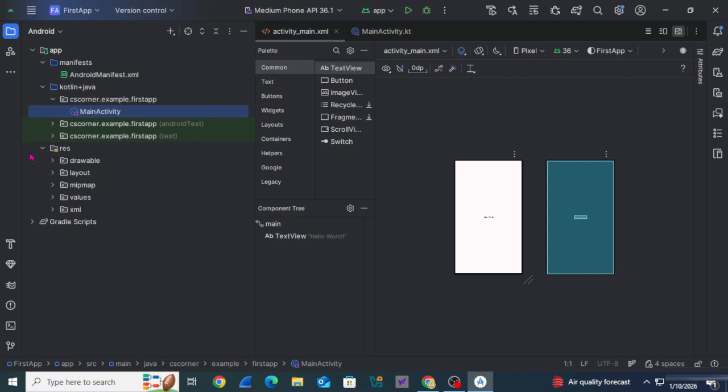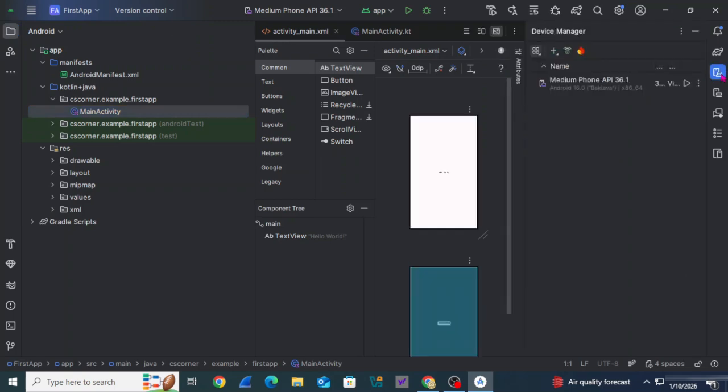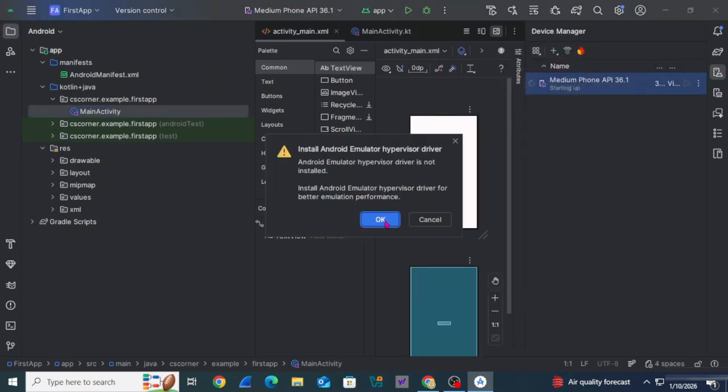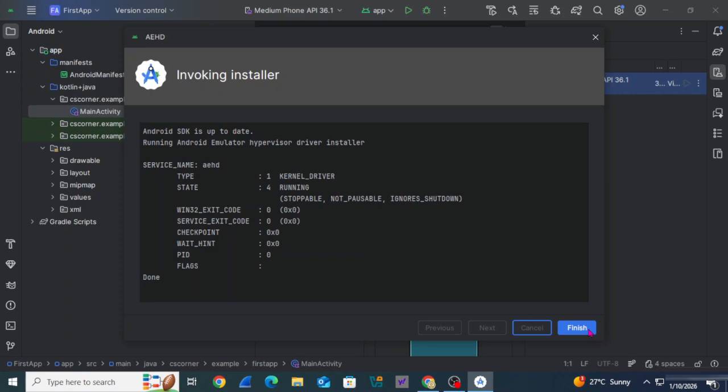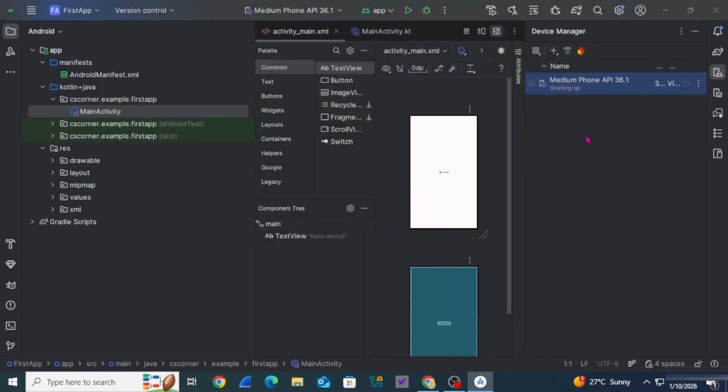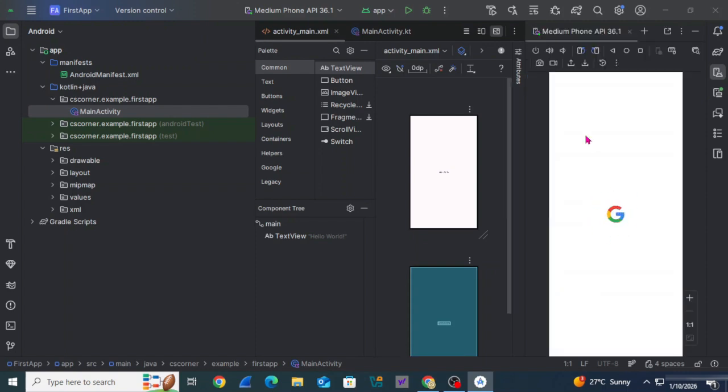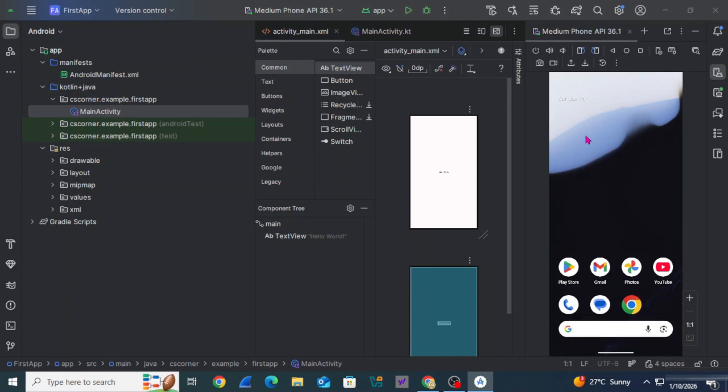Guys, we have already installed Android virtual devices. So here you can go to device manager, and here you can see it's showing me my Android virtual device. Here it's showing the name of the Android virtual device. So I'm going to just start this Android virtual device. When you start, it is not going to run your app. To run your app, you need to click on the play button. Here I'm just starting this Android virtual device just to show you that my device is running. So guys, now let me just click on this play button. You can see my Android virtual device has been started. Now I'm going to run this application on this Android virtual device.